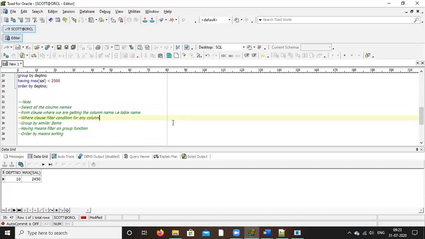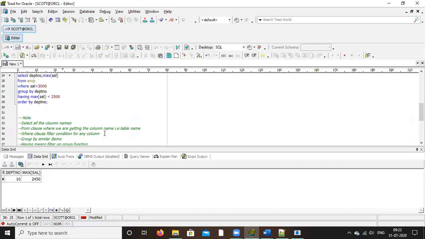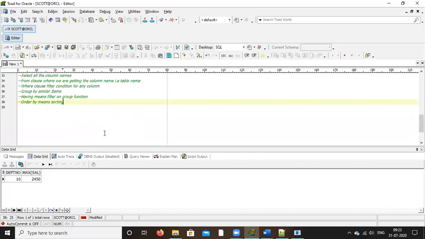That's why always try to write in this format only. It is the best practice so that you can understand the flow. First select, then from, then where, then group by, then having, then order by. Order by will always be last. You cannot write all this randomly. Clear? Yes, sir. So now try to practice using all these clauses and different queries. Okay? And we'll continue in our next session.